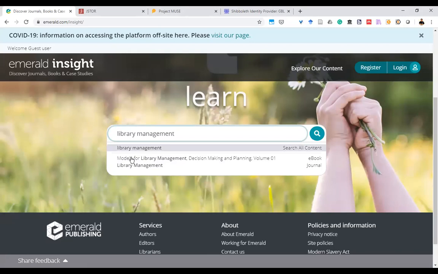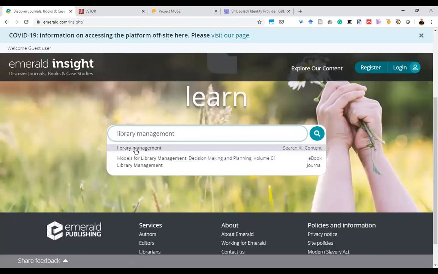Now you see, I have got a drop down which is called auto suggestions. Auto suggestion means as and when the user starts typing the keywords in the search bar, the system prompts the user with some suggestions that might be of interest to the user. So this is called auto suggestion. And in the auto suggestion text box, the system is right now suggesting me three options.